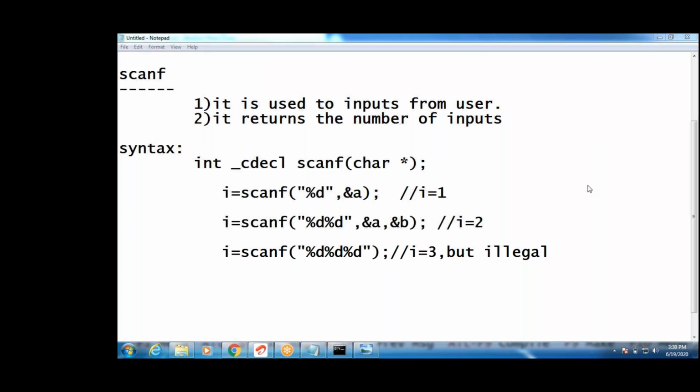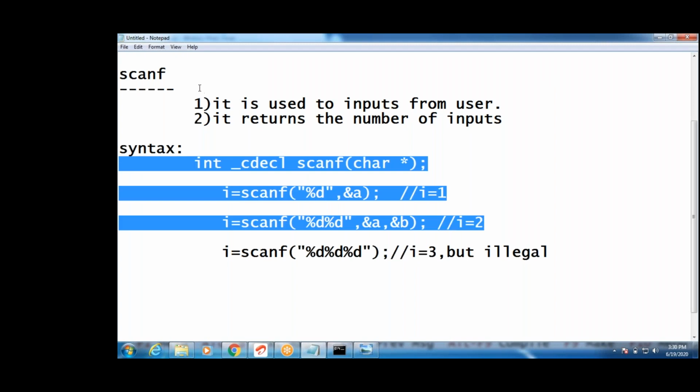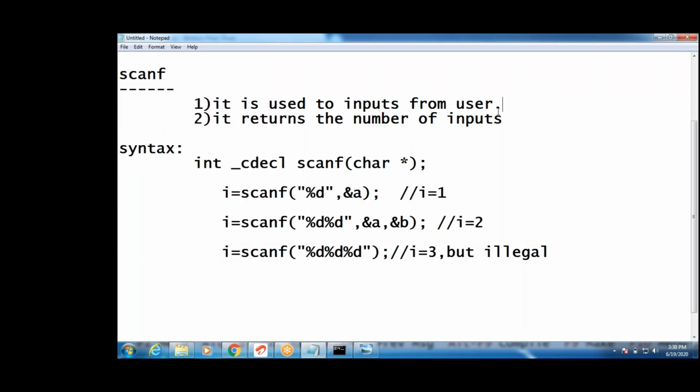Clear? Now I will write a program, guys. What is scanf? It is used to read inputs from the user. Complete.